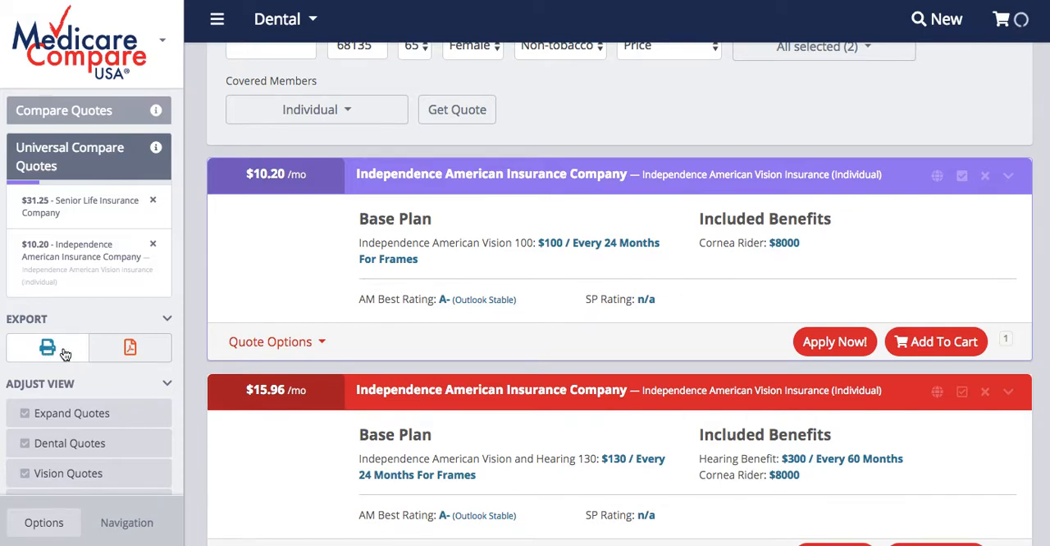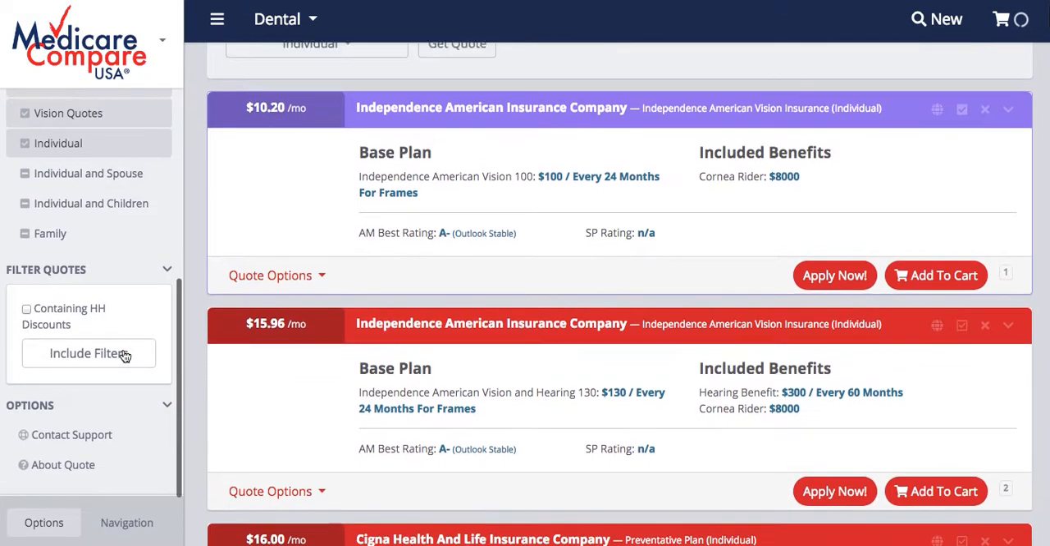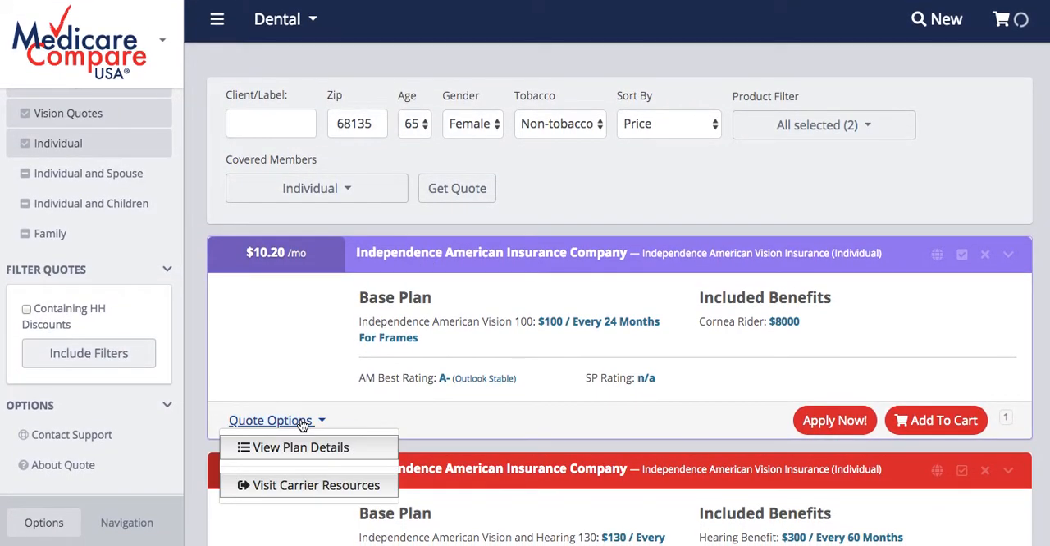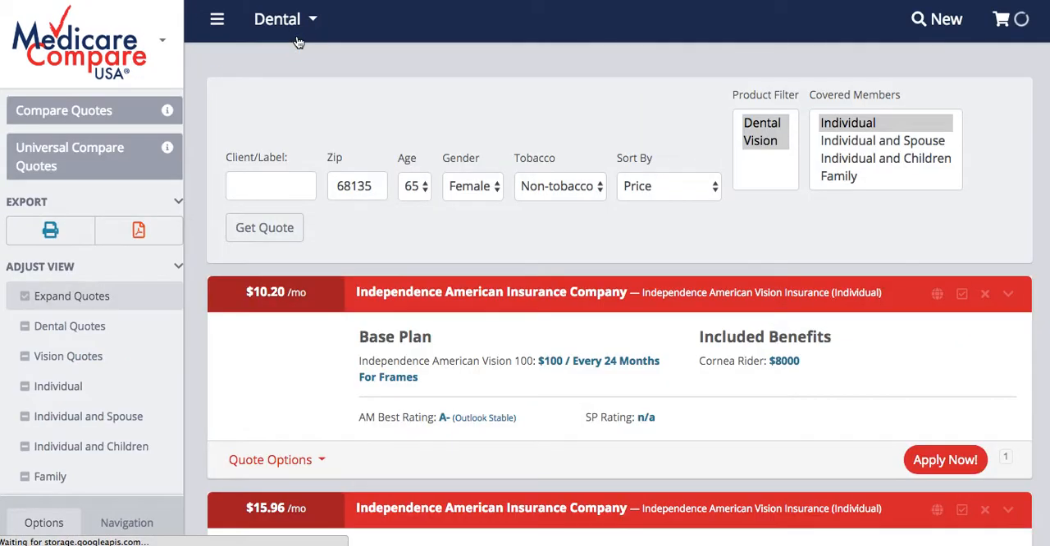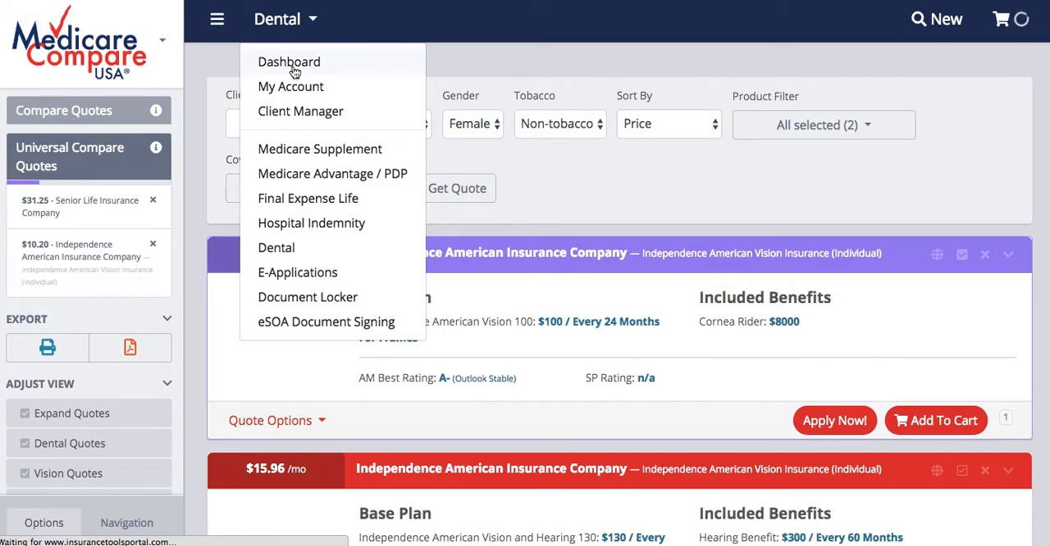And again, you can export this entire quote result list. So a lot of different quote options here. We can view the plan details or visit the carrier resources page to take us to the carrier's website. So again, the same options that we have for all the quoting tools are available. We're going to take us back to this dental quote results page, back to our dashboard, and we'll go ahead